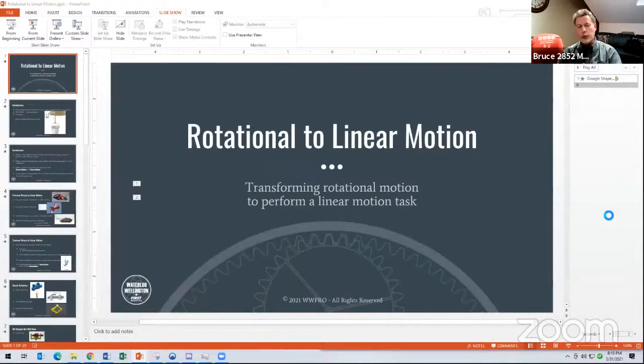We're going to take a moment and talk a little bit about linkages. Although once again, they're not true rotary to linear, but they are rotary motion that causes